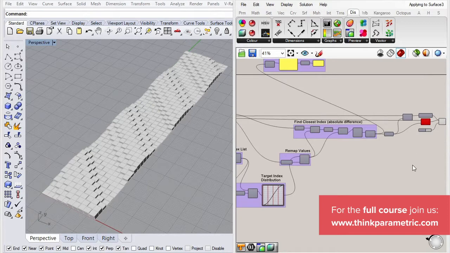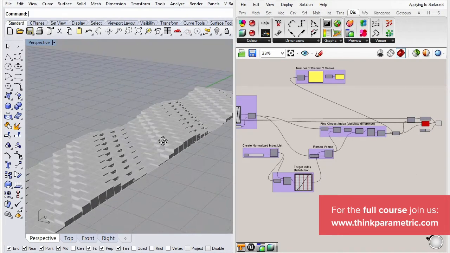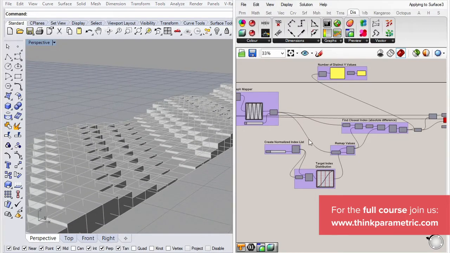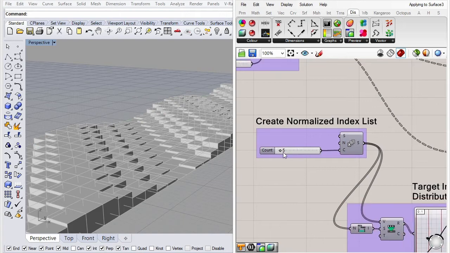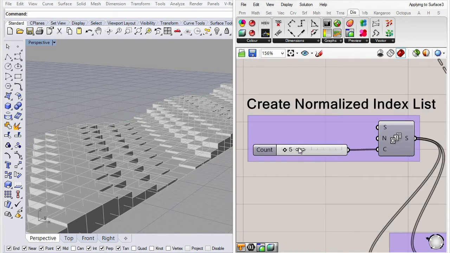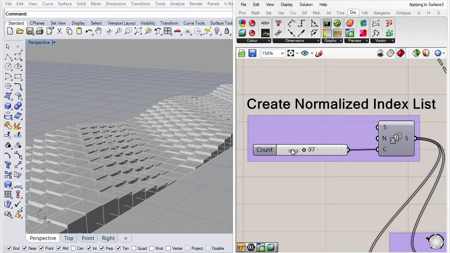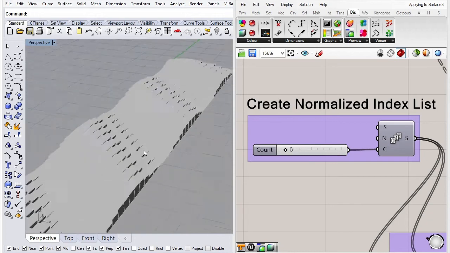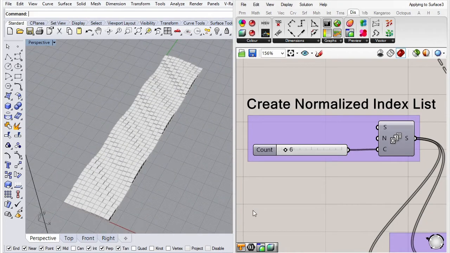Hi, so in the last exercise, we extruded each of these panels to an indexed height, which we defined according to a target number of modules, which could be anything according to how detailed we want this surface to be. Now, what we want to do in this exercise is visualize by color the different extensions, so we can read what the modules are doing a bit better.